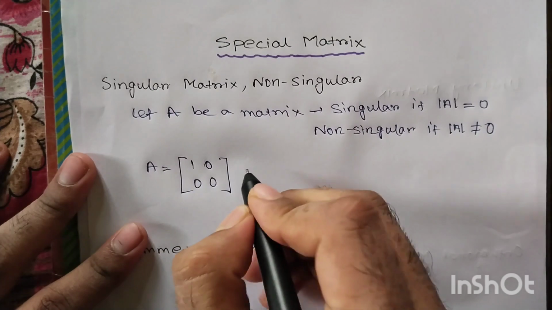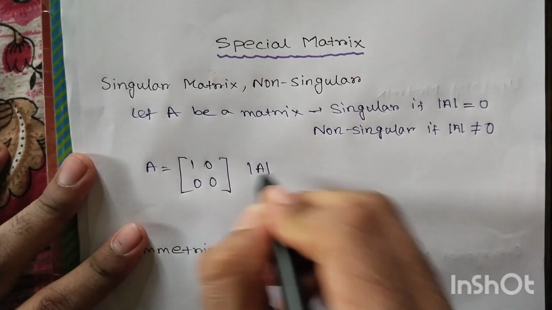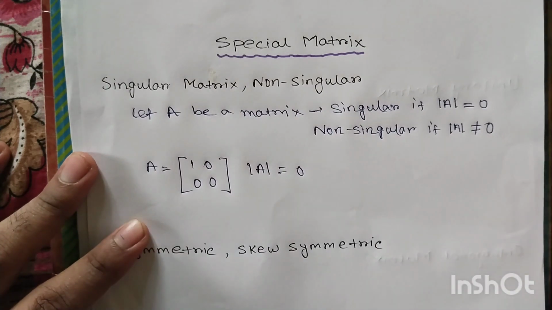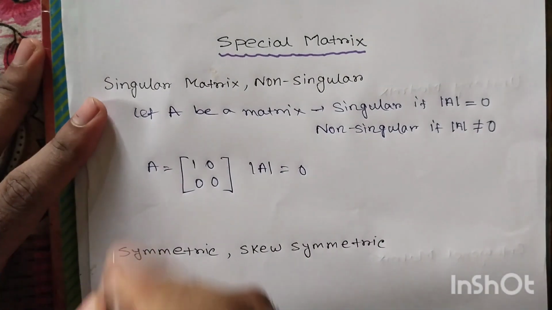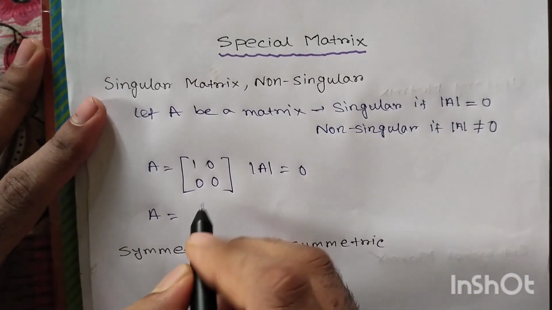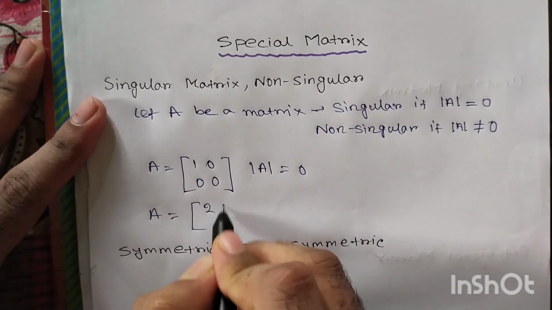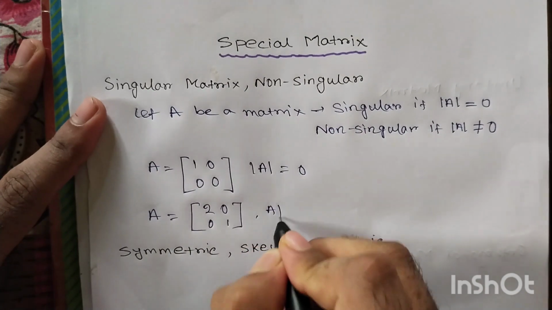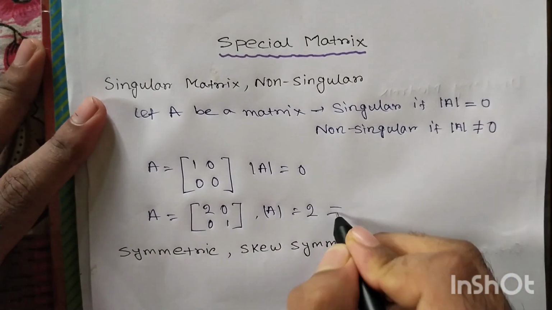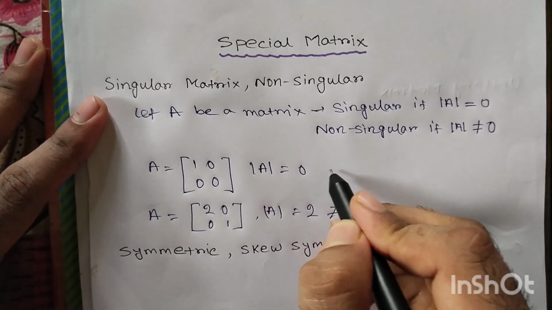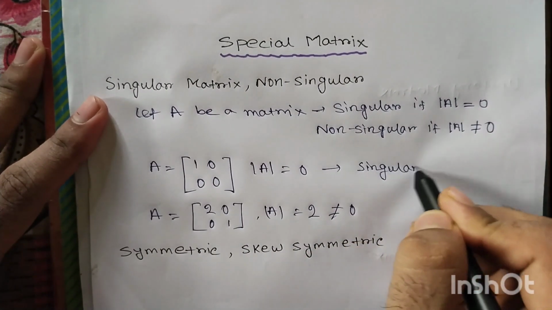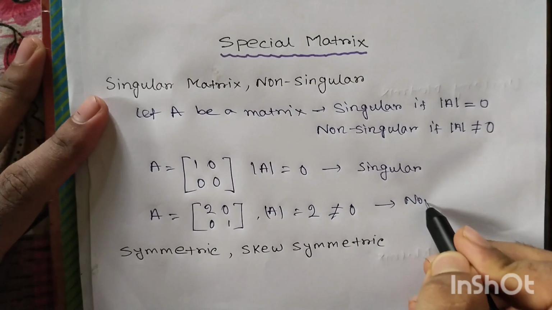Now take the determinant of A, it should be 0, so this A is a singular matrix. Let's take another example. For example, 2 0 0 1. What is the determinant of that A? This should be 1 and this is not equal to 0, so this is a non-singular matrix. The first one is singular, and this is non-singular. Okay,